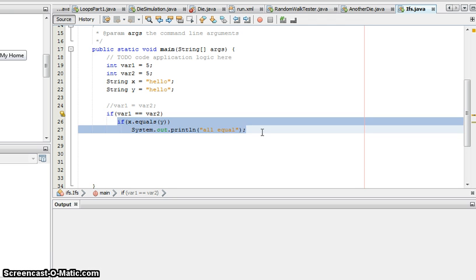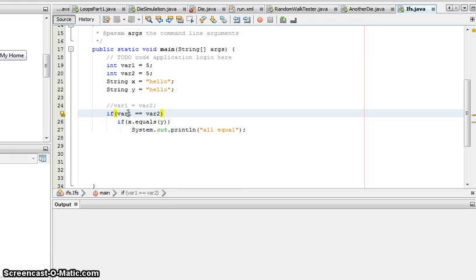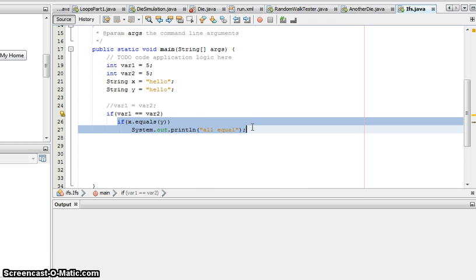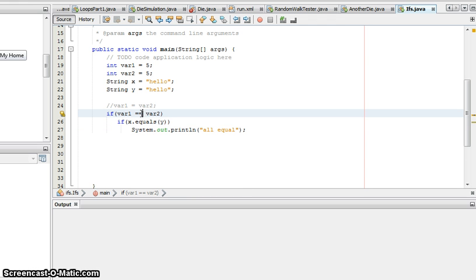Even though this is two lines, if I count them, to the compiler, this is 1 unit, okay? So I can get away without the braces here, and it considers this to be 1 unit. Therefore, it's okay for me not to have the brace, and it will come down and say, okay, 5 is equal to 5, yes, hello equals hello, yes, print out all equal. And I think that's confusing because we're expecting this. We're thinking this is 2 lines in the body of this if, and how can we not have braces and how can it work? Because when you get into nested ifs,